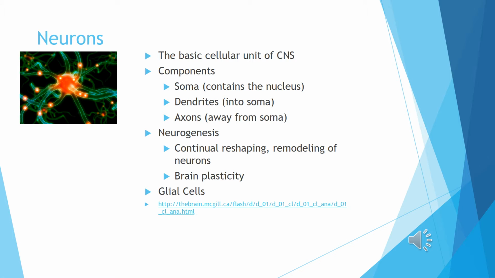Now, the basic component of the cellular unit is called the neuron, and the neuron has 3 components. It has the soma, which contains the nucleus. It has dendrites, which are projections leading into the soma, and it has axons, which are projections leading away from the soma. For those of you who are not familiar with this type of